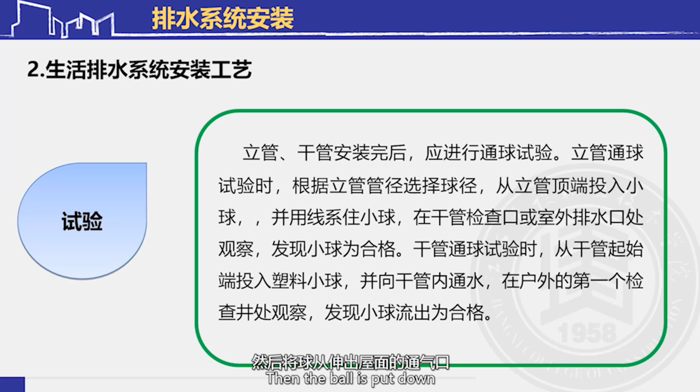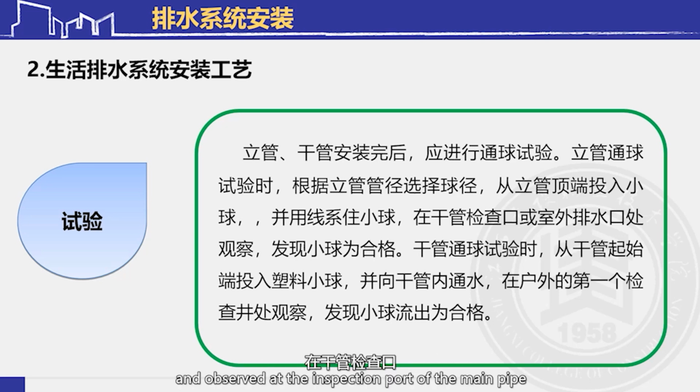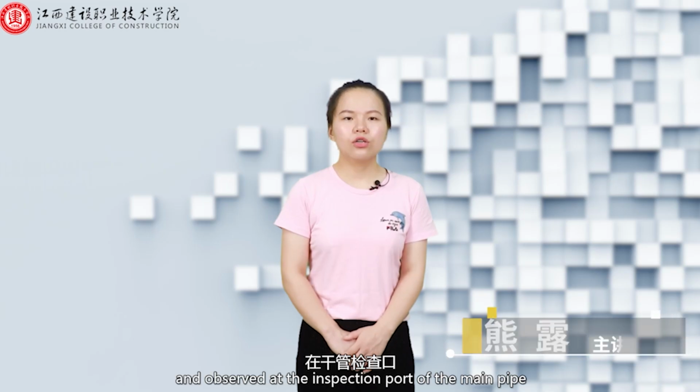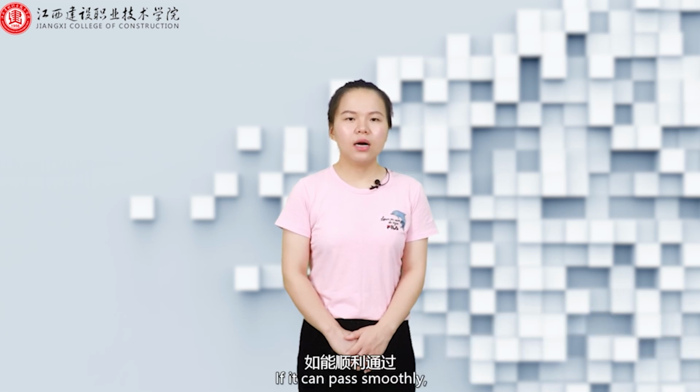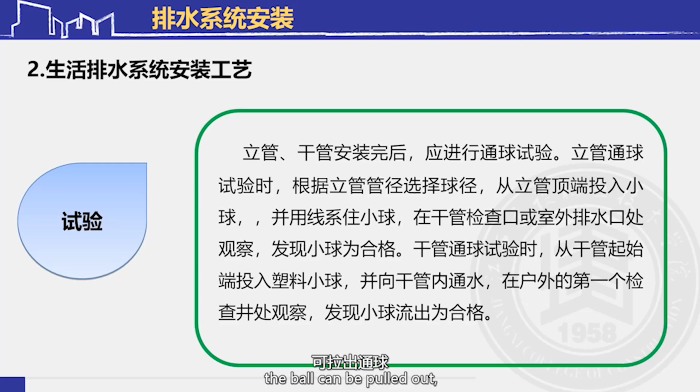Then the ball is put down through the vent extending out of the roof and observed at the inspection port of the main pipe or the outdoor drain to see whether the ball slips out smoothly. If it can pass smoothly, the riser is not blocked. If the ball is blocked, the ball can be pulled out according to the length of the measurement line. The blocked part can be judged, and then the dredging process is carried out repeatedly through the ball test until